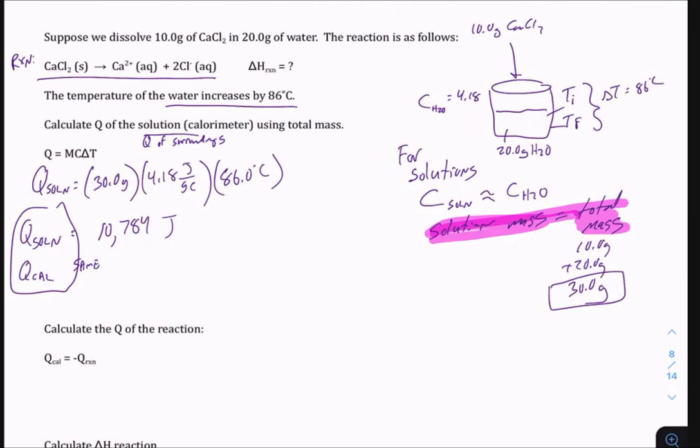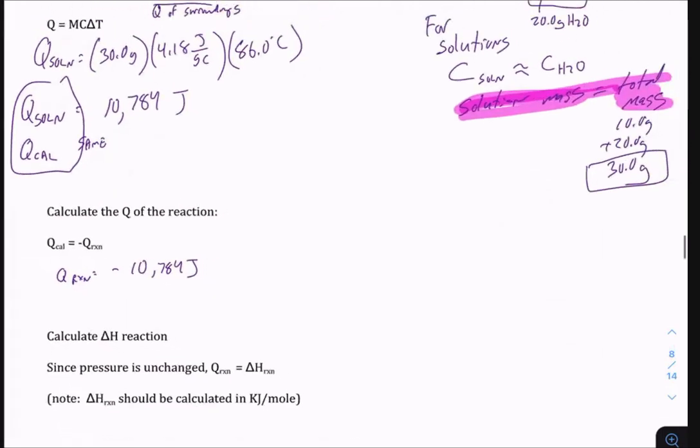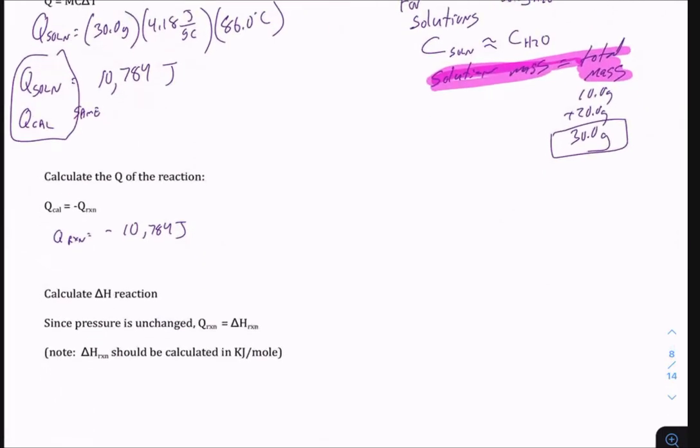So when they say Q cal is equal but opposite to Q reaction, that's because whatever energy change is happening is going to be opposite of the value of what's taking place in the reaction. So what that means is Q of reaction is equal to negative 10,784 joules. The chemicals had to release the energy in order for the water to go up in temperature. Okay? All right. So, to calculate delta H of reaction,